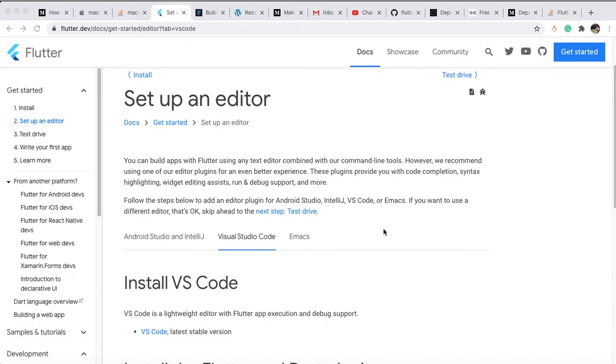So most of the time I need both the devices or both the emulators, right? So for that the best choice is VS Code, because this IDE can connect with Android emulator or with iOS emulator both. So I prefer VS Code.